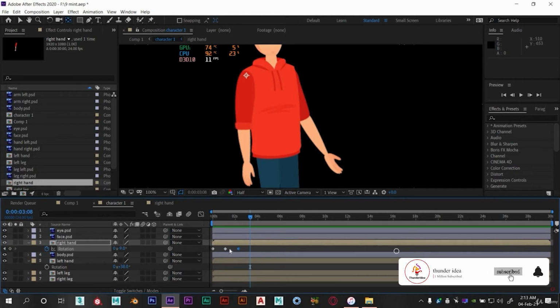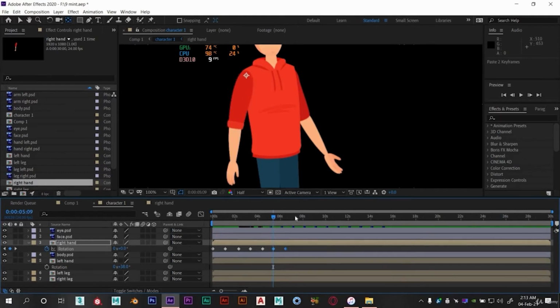Now copy them both and paste it by going few frames forward. Repeat this as long as you want your animation. Now you can see the hand is in moving position.